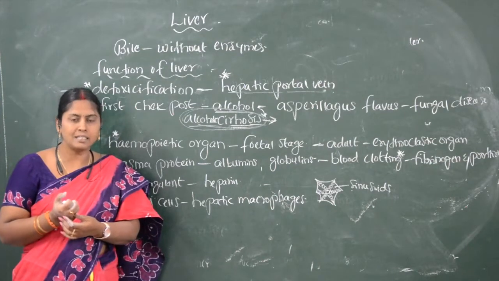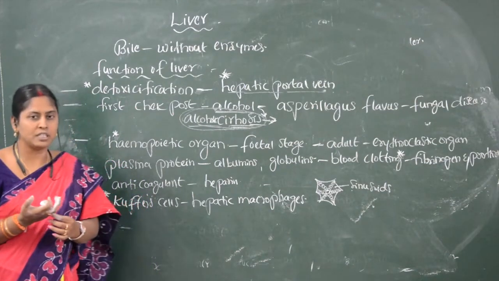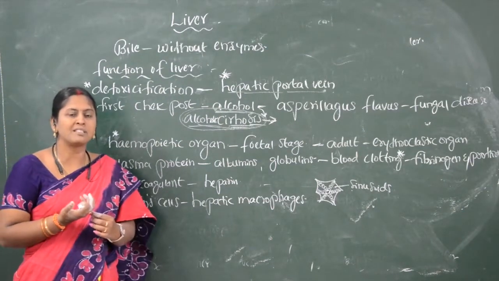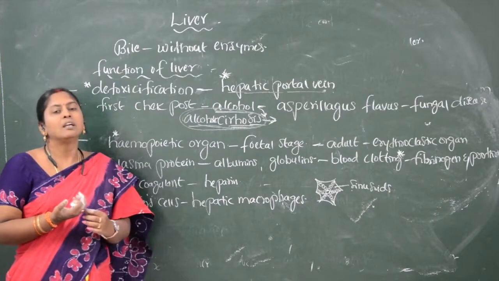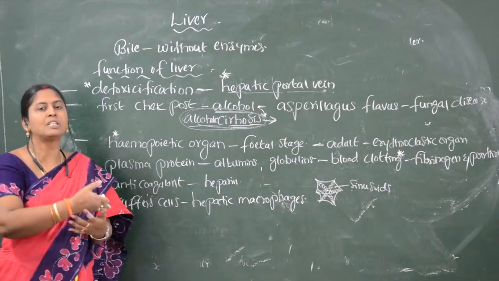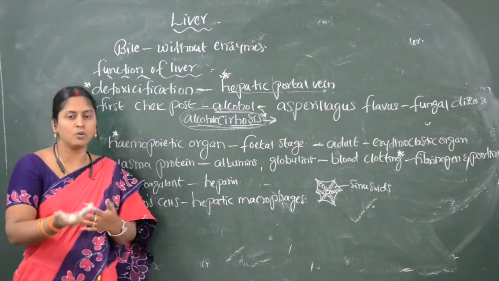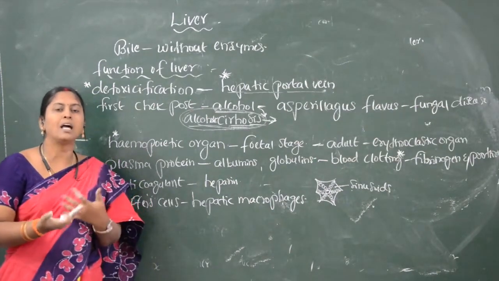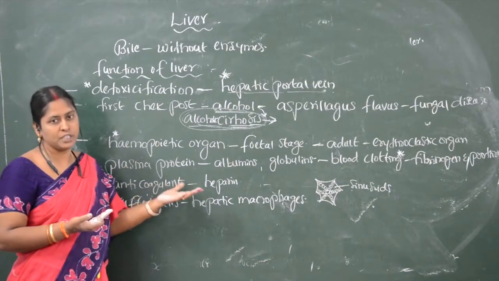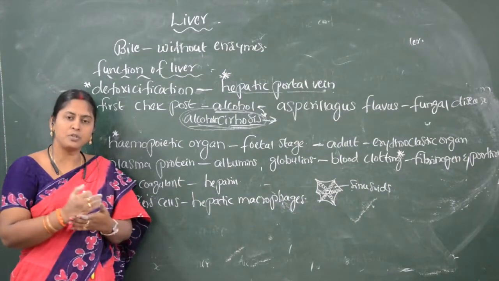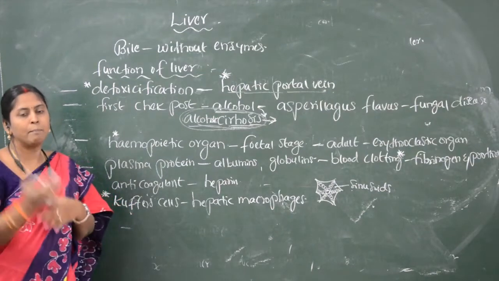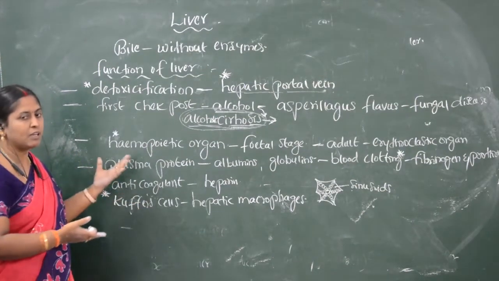Another function is lactic acid, or we can say gluconeogenesis. The lactic acid is produced by anaerobic respiration when muscles contract continuously. More energy is used up, so muscles need still more glucose and still more energy in the form of glucose. That glucose is given by the liver with the help of gluconeogenesis. The lactic acid produced by muscle contraction is converted to glycogen by the help of the liver. That is one more function.